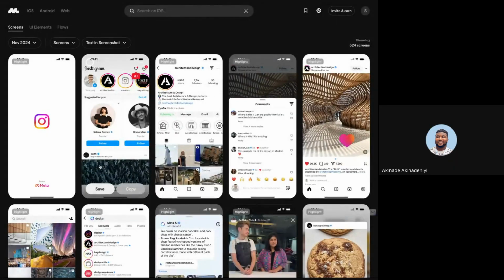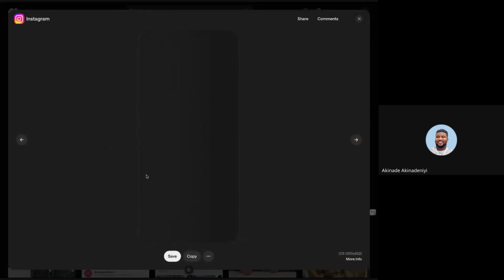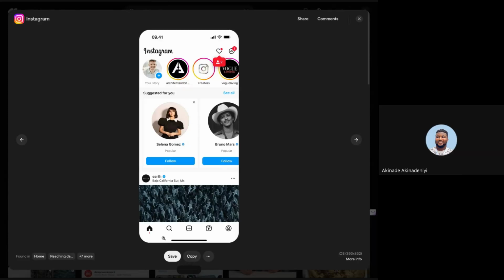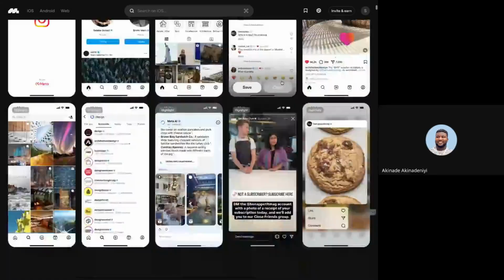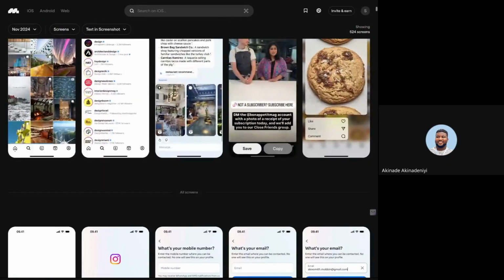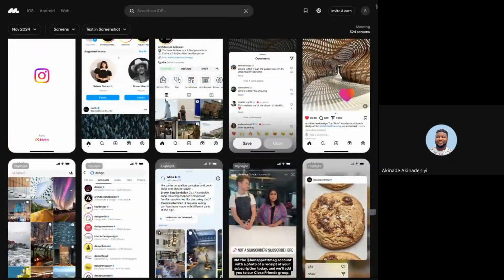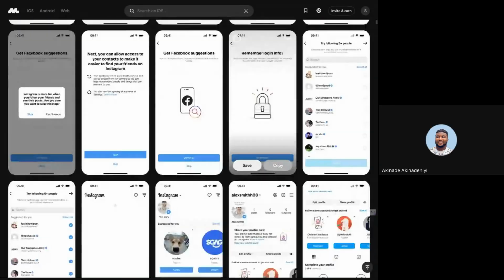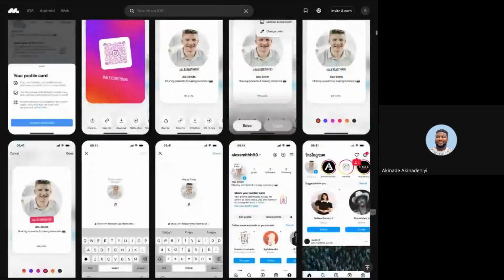Only the selected icon is filled. If you look at this, sorry, it's loading. You see that the home icon is a fill icon, but every other thing is a line icon. That means they are using the line design style for their icons. And I'm trying to go to a page where maybe you're checking a reel.